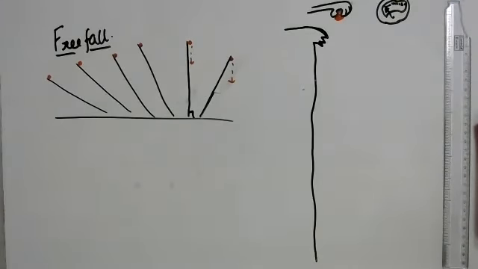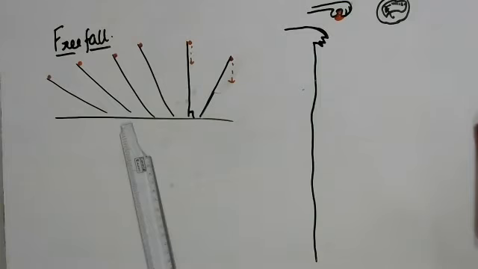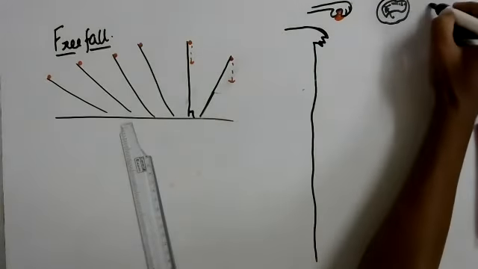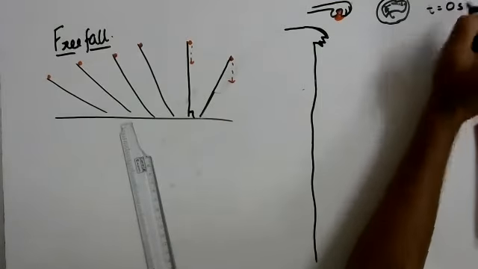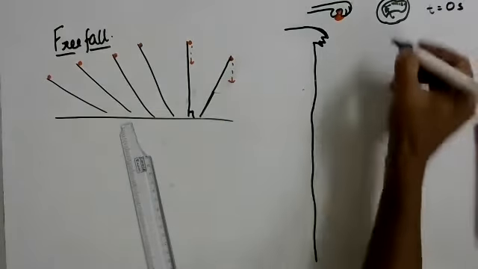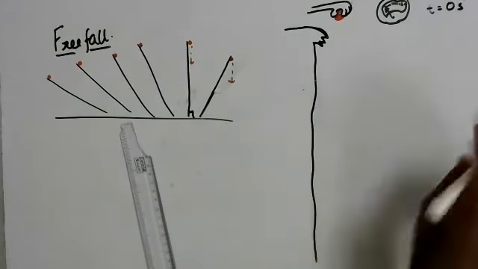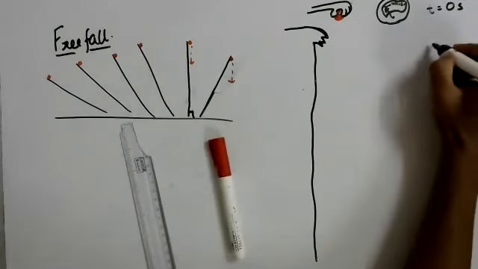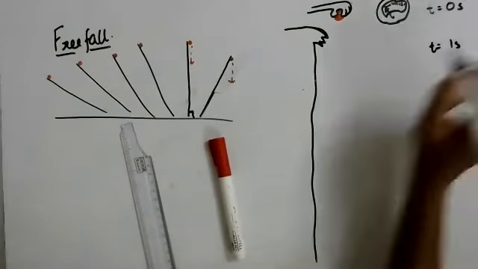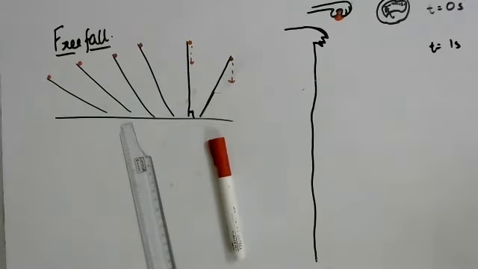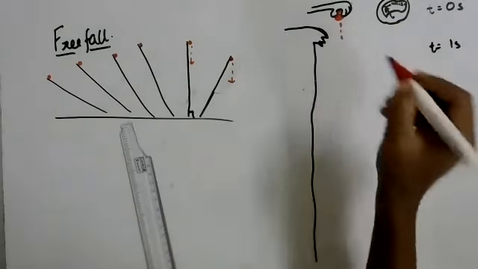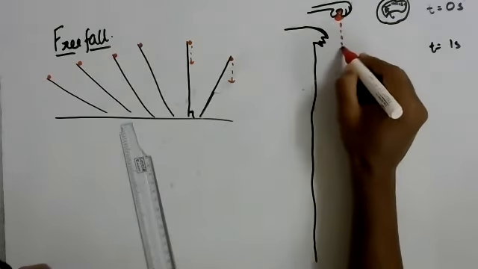Okay, now when will you compare the velocity of the objects? You will compare it at the end of some regular time interval. So you drop the object when t is equal to 0 seconds, and then the next time you look at the speedometer, it will be when the time t is equal to 1 second. Okay, now when the object has fallen through a time of 1 second,